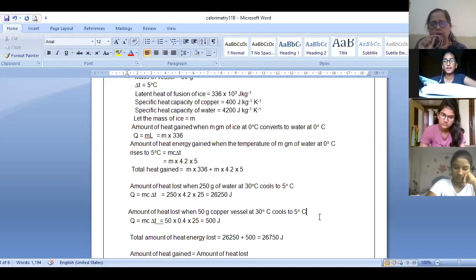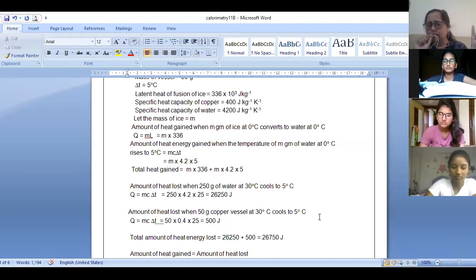When you take water and you put it in any vessel, the vessel is going to take the heat of this water. See, when you have a glass which is cold, now you put hot water in that, don't you feel that the glass has become hot? So both will exchange heat till the equilibrium is reached. And you know why calorimeter is made up of copper? Because it has very less specific heat capacity. It quickly attains the temperature of the mixture.